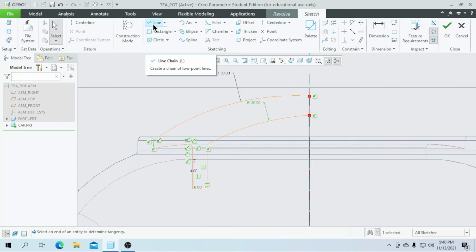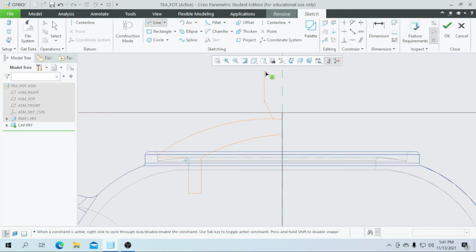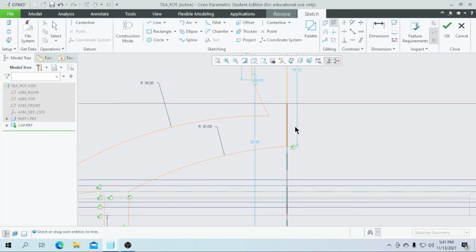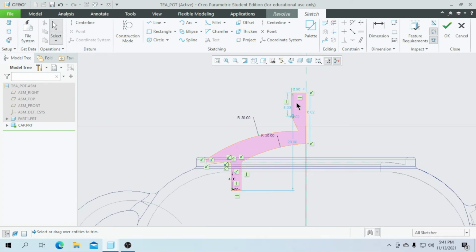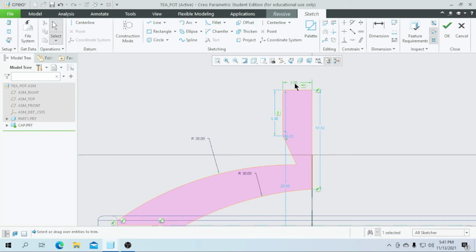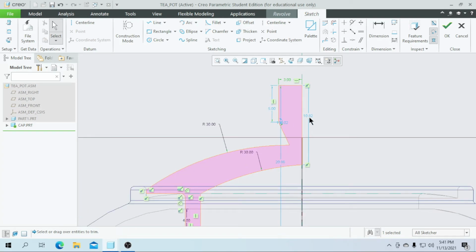Before that I am going to draw a line from here to an inclined line and a vertical line, and I am going to complete this line by drawing a line here. Go for the delete segment, delete this line, and now at first I am going to enter this distance value as 3 and I am going to adjust the value of angle. Before that let me adjust the total height to be a value of 12.